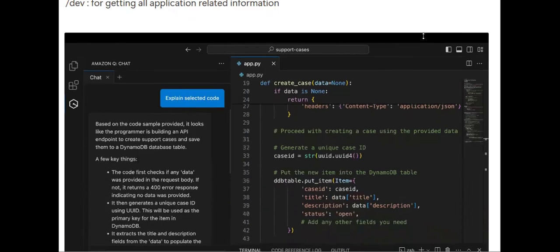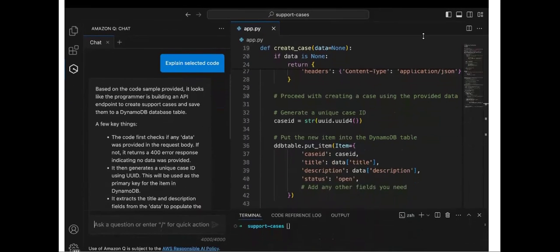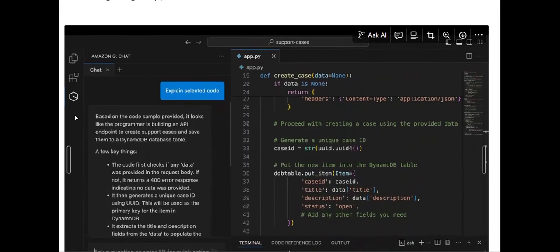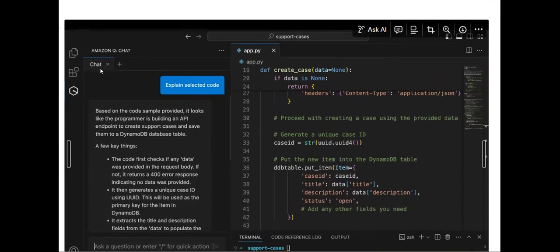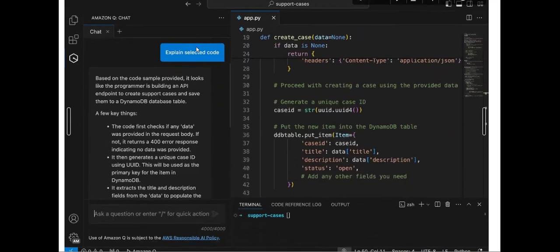During that time, do I have any service that can explain to me the code, or you can say my project? Yes. There is Amazon Q. This is the extension that you need to install. Let's say I'm using a VS Code editor. You need to install this plugin and add it. Then you can use this plugin to interact with it, and you can get a detailed description, or for the selected lines of code you can get the KT, or you can say knowledge transfer